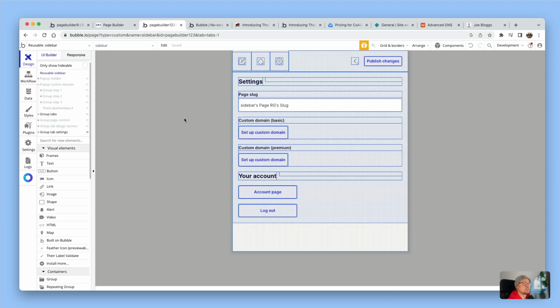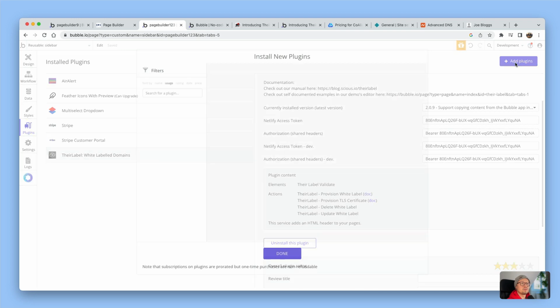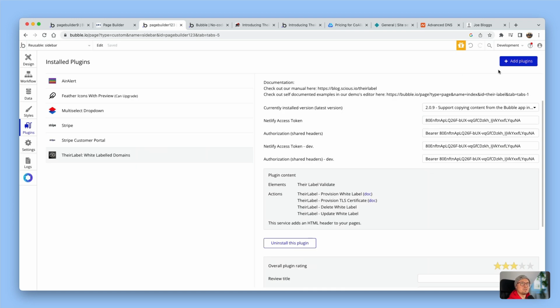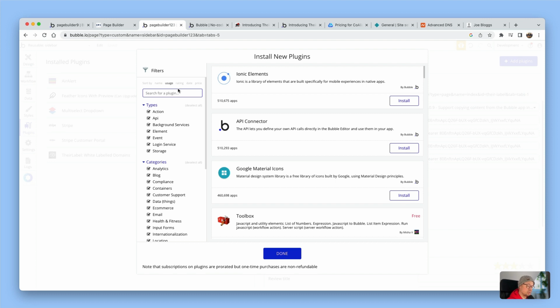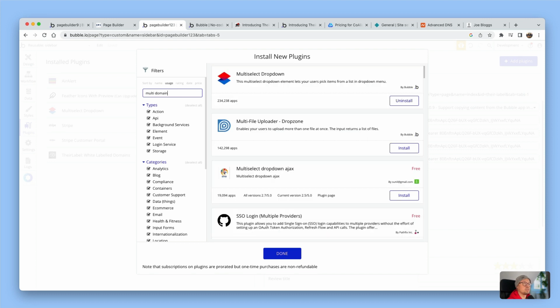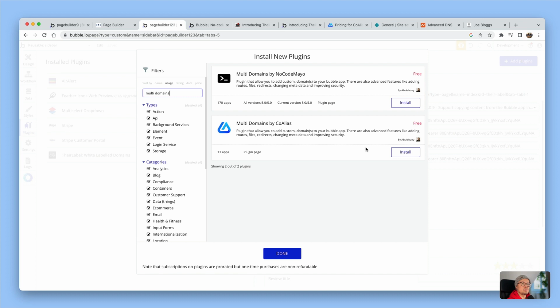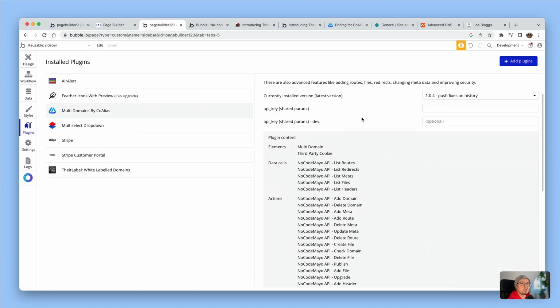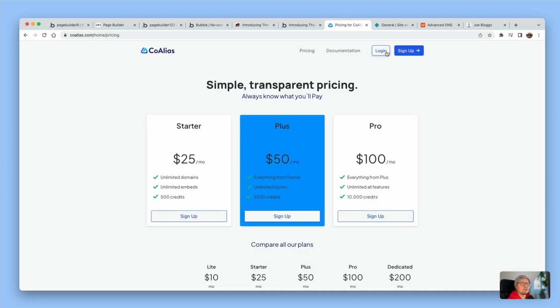Right, so to get started with Coalias, the first thing you need to do is add their plugin. So go to add plugins, put in multi domains, and it's this one here. So they were previously called No Code Mayo, which is why you see two plugins, but they've rebranded recently. And then you can see that they need an API key. So if we go here and do sign up,